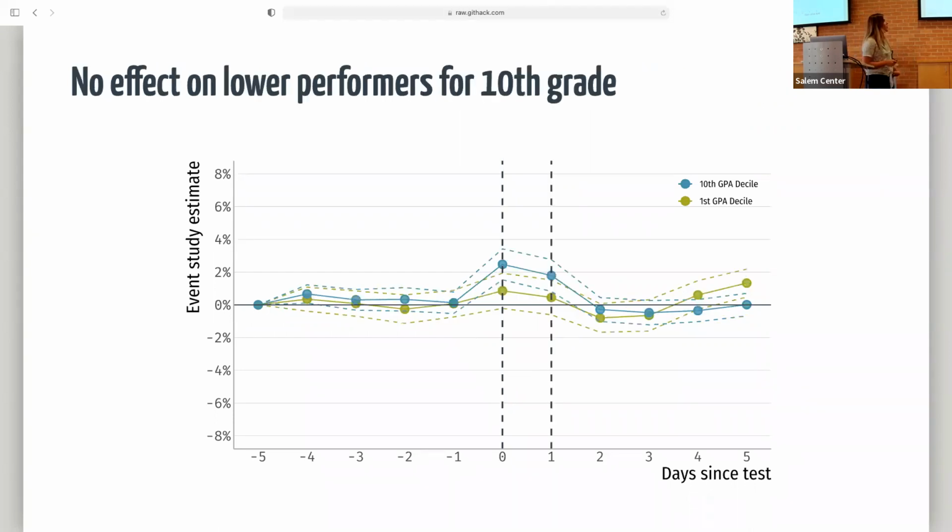When we look at this for 10th grade now, so again, we went from elementary school to high school, we can see that there's still some positive effects here for the top performers, which again might indicate that schools are still interested in these kids showing up the day of the test. But there's actually not much going on with the bottom performers,